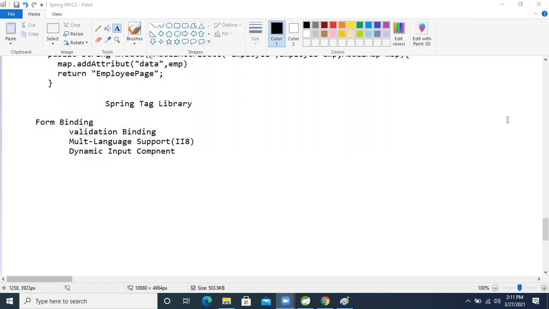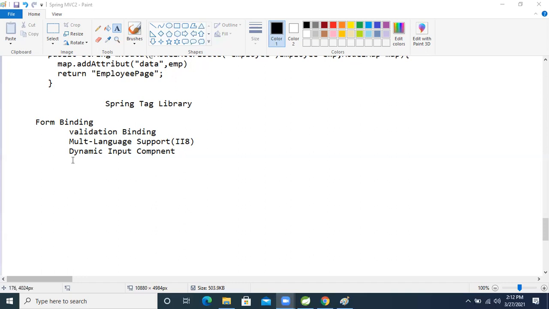See, in real time also, why are we working in a team? In one project multiple people are there, that is called teamwork, right? Something we know, something the others know. In some areas one person is good, in some areas another person is good, right? So we help each other, and at the end we complete that project and release it to clients, right? Okay? So if we have that attitude inside us, then success is there. So let's start.